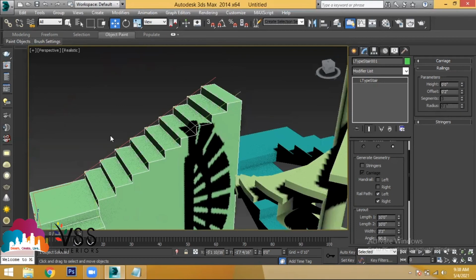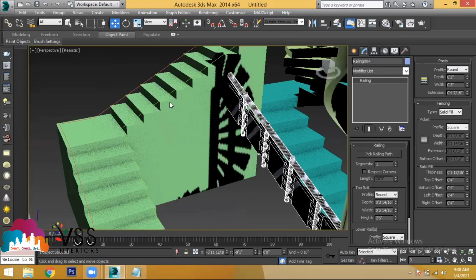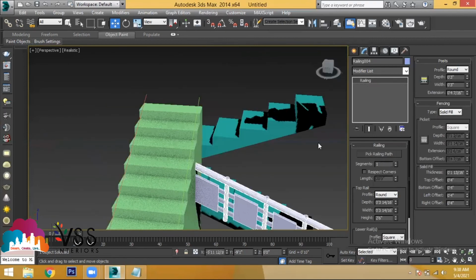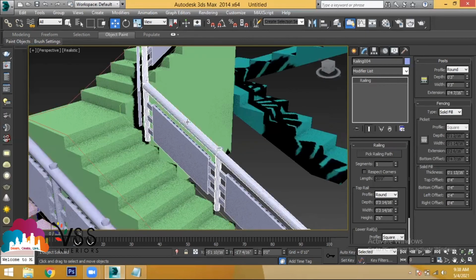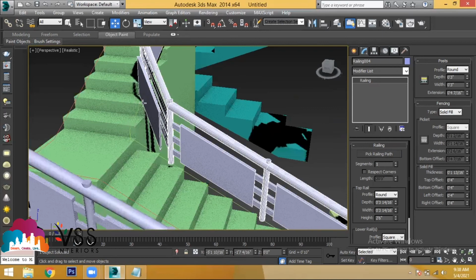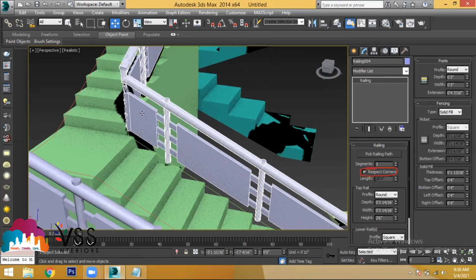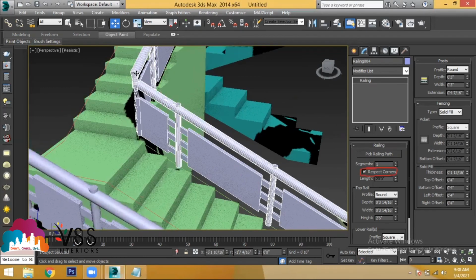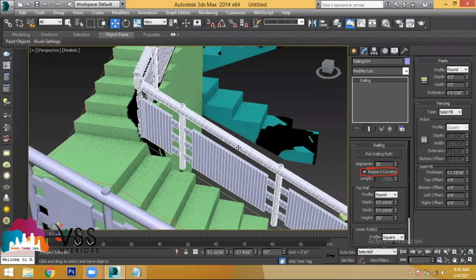Now you have copied a style, right? If you want to apply the same style here, select the railing, pick railing path and choose it. Now is the corner perfectly done? It is not fixed properly at the corners. Choose the option over here called respect corners in the railing. Switch it on, then you will get it like this. To get the finishing perfect, add the number of segments. Let's take 25 segments so that you get a finishing at the corners.